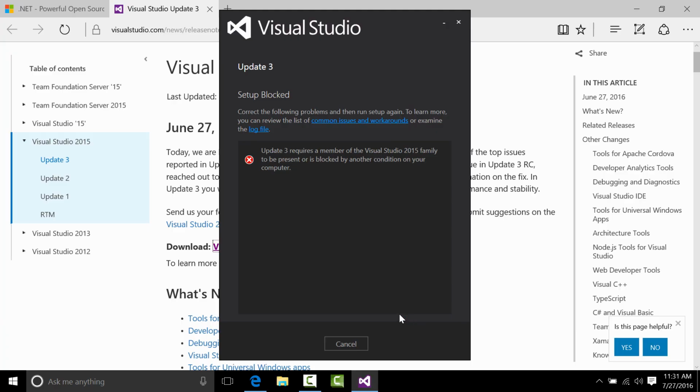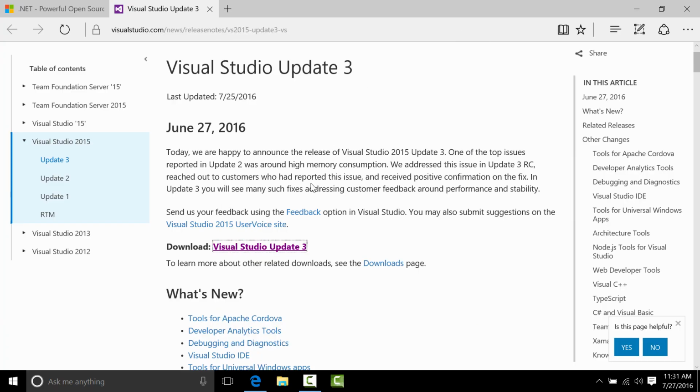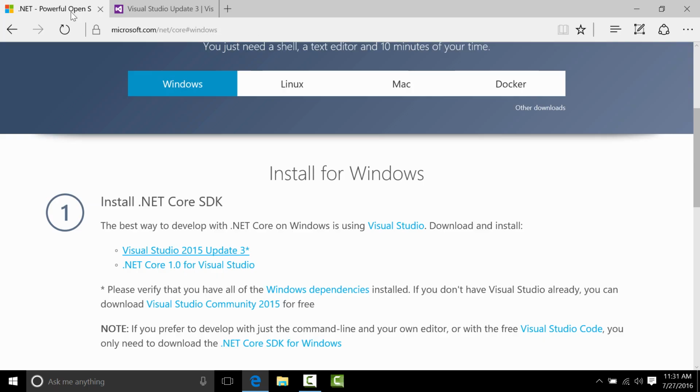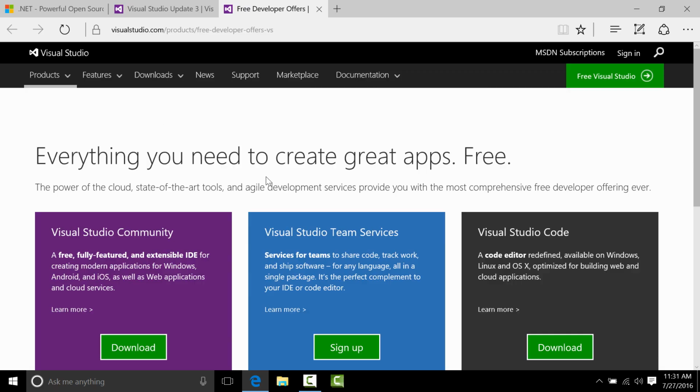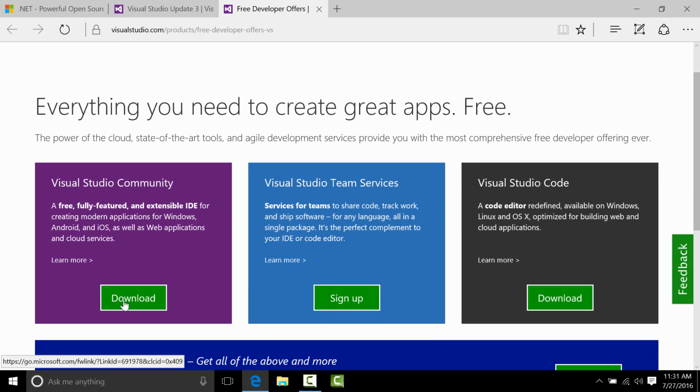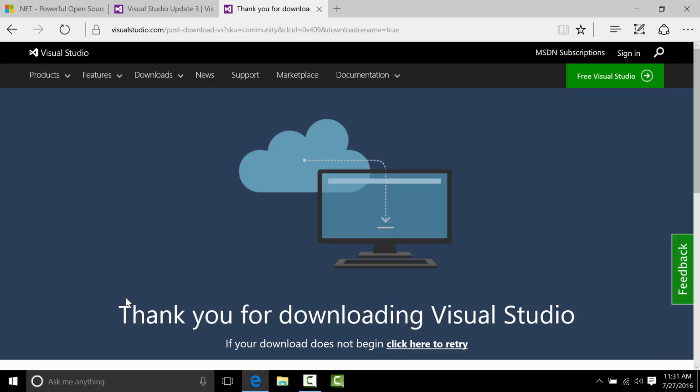So just make sure that you have Visual Studio 2015 already installed before you attempt to run Update 3. If you don't already have it installed, you can go back to the previous tab and there's a link to Visual Studio. You can open it in a new tab and then download Visual Studio Community and kick off the installation process